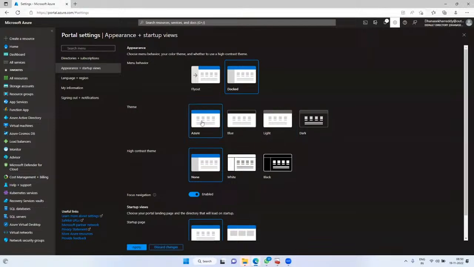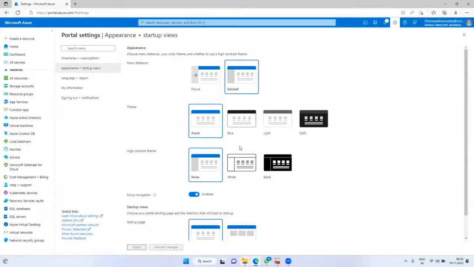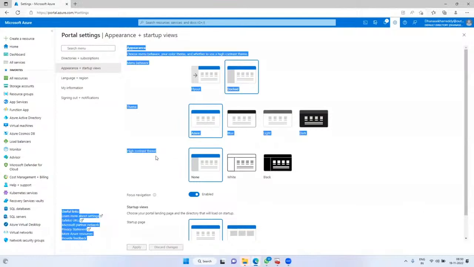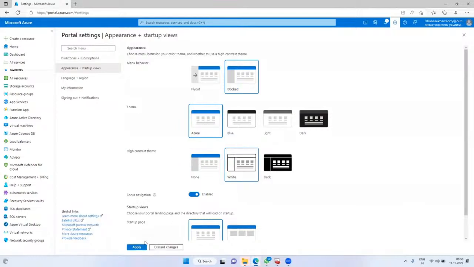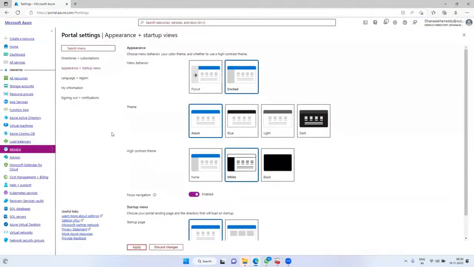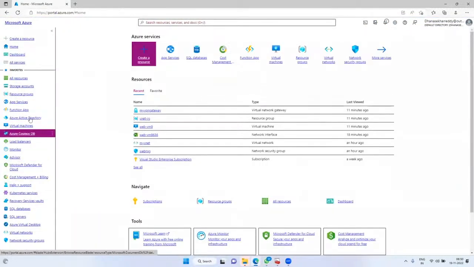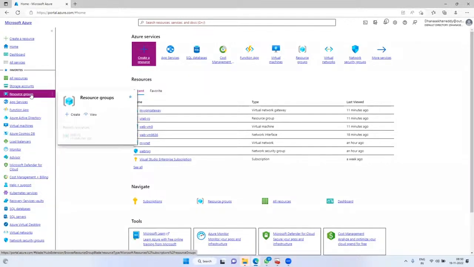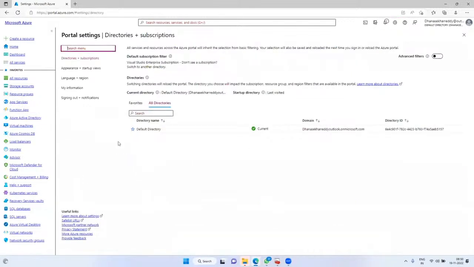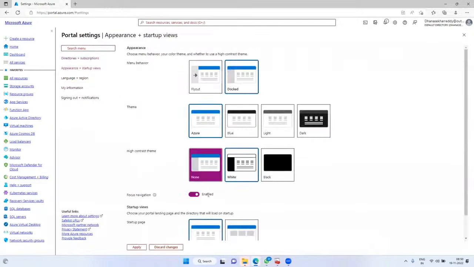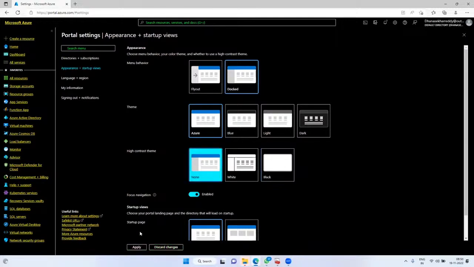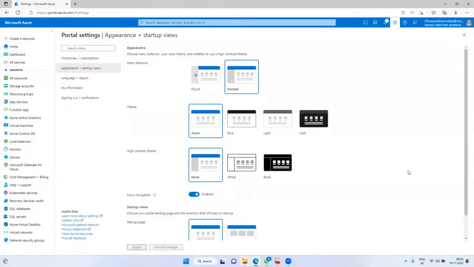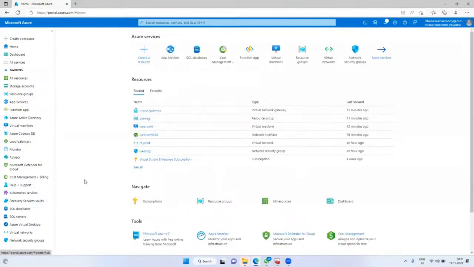Now I am going back to Azure. I like only this default theme. Next, high contrast theme. High contrast theme in the sense go to white, it will display pure white. So all the highlight, whatever you want, you can highlight it. If you move the cursor here, then it will get highlighted. Now go back and click on appearance. Click on black, it will show you pure black. If you choose none, then nothing will appear. That is the default setting. This is about the important settings of the Microsoft Azure portal.